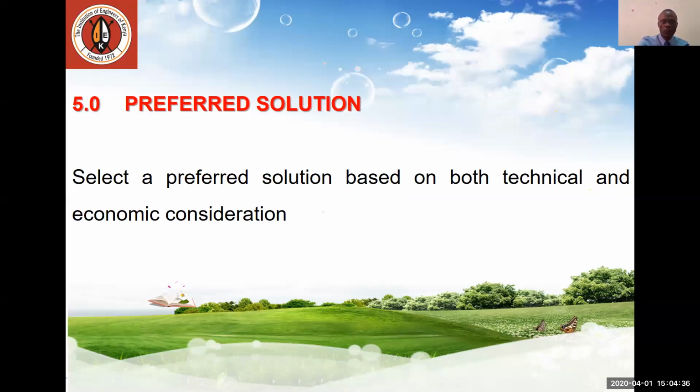Now, based on the financial justification, you should be able to choose as an engineer that option that gives you the least cost. Otherwise, all the choices should be able to sort out the problem completely. So the alternatives that you give under 4.0 should be able to sort out the problem at hand 100%. The client will only be able to choose based on the lowest price of that particular design.